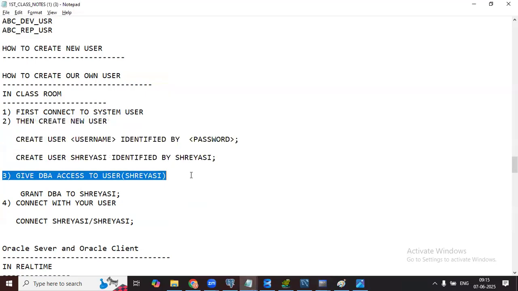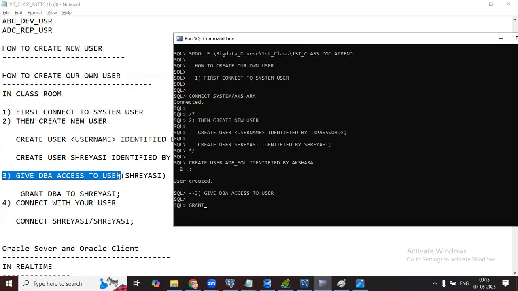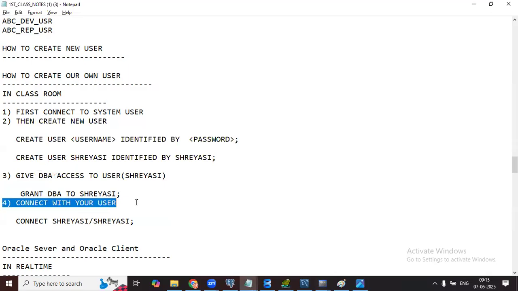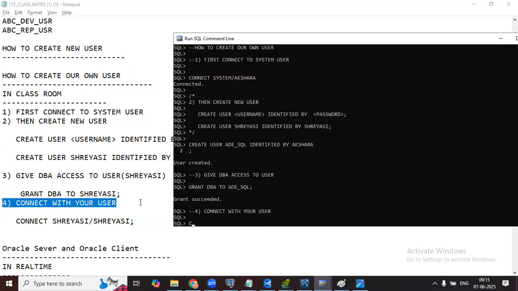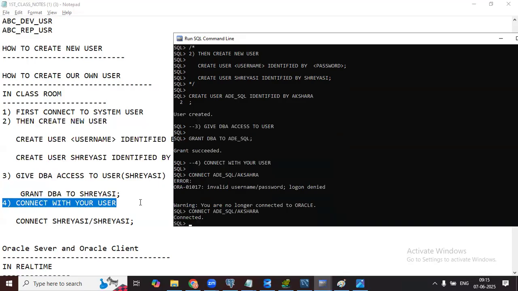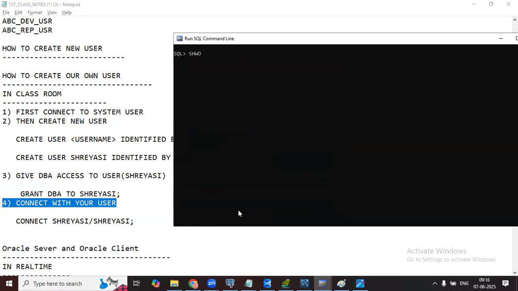Once this is done, give DBA access to the user. Grant DBA to this ADE SQL user. Then connect with which user? Connect ADE SQL Akshara. So now, just as we had the system user, I have my own user. We created it and we connected.